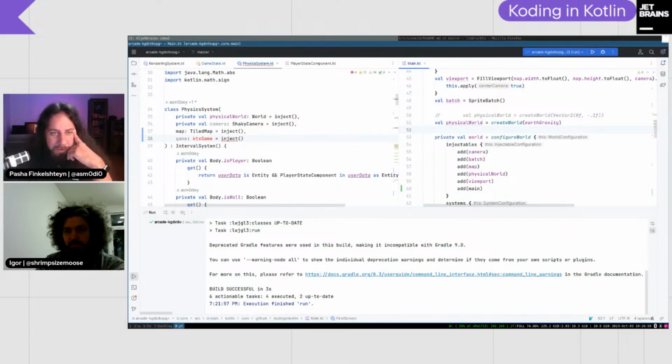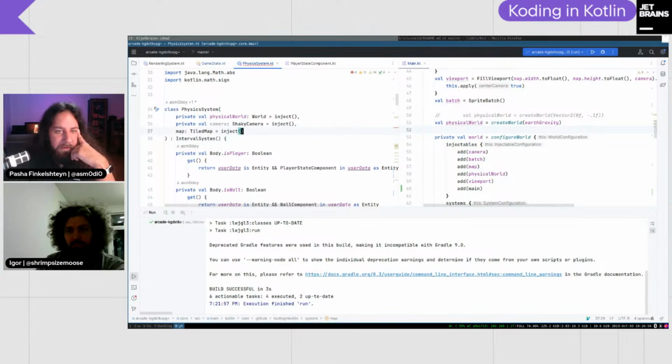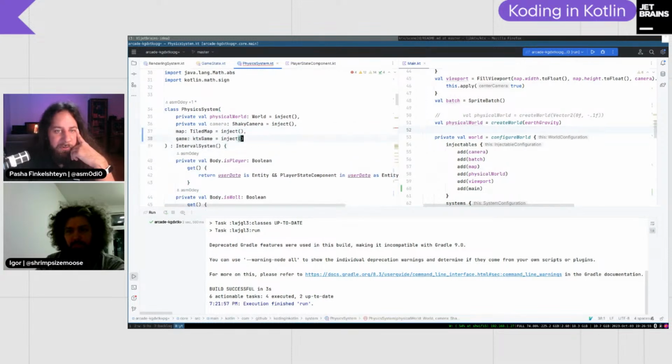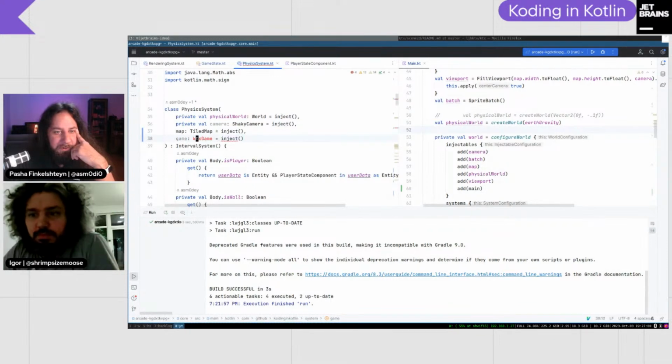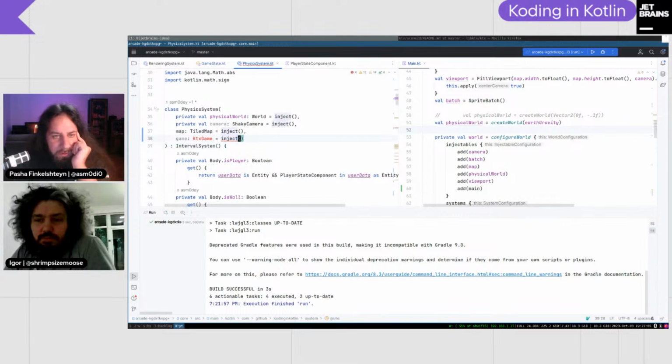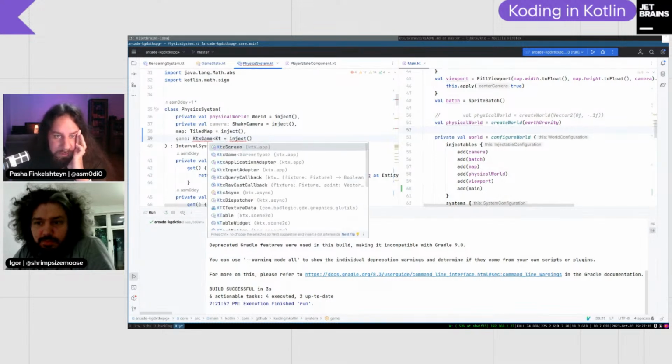And now on the left side you can use game. It was about right. Game, but KTX game from the capital K. What's wrong? Alt enter. Import. What's wrong with it? Oh, KTX game of KTX screen, right? I forgot that it should be parameterized.